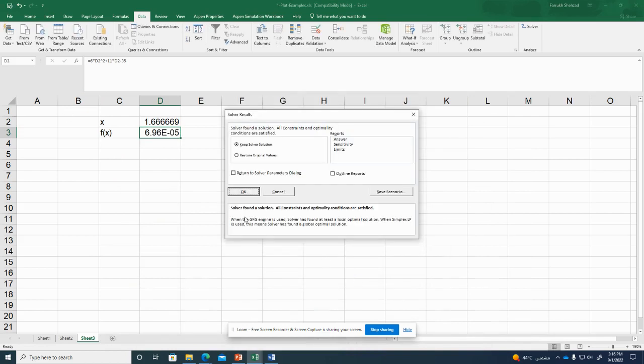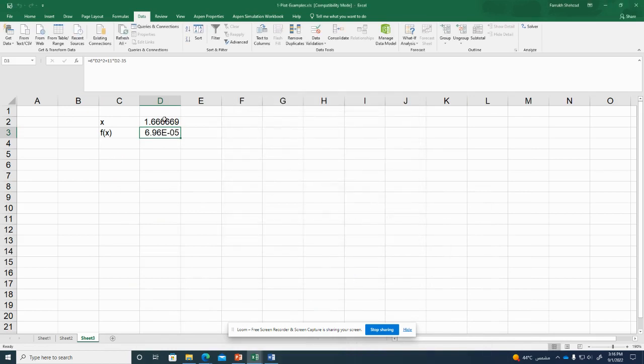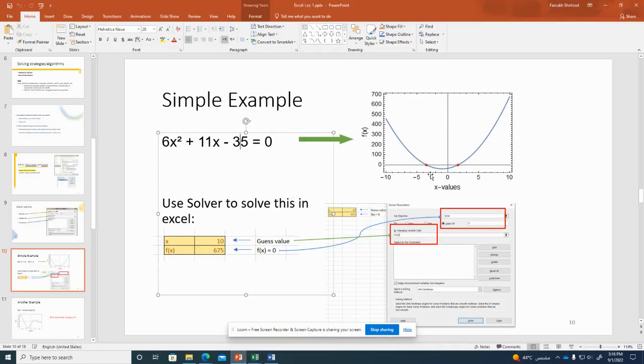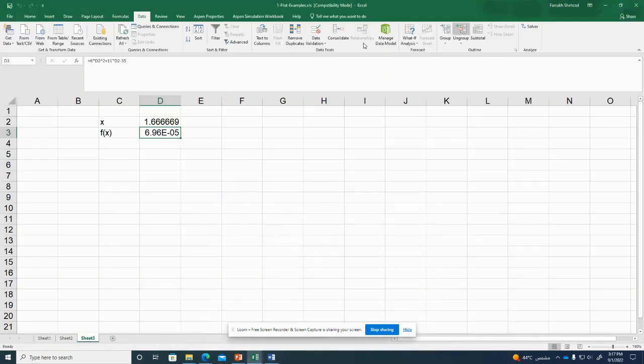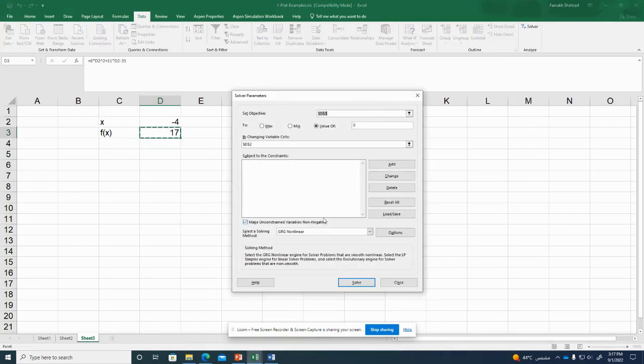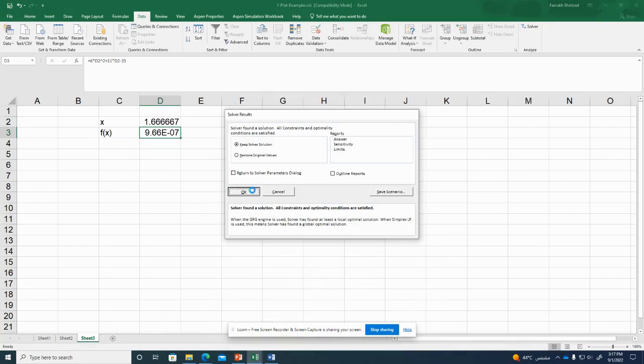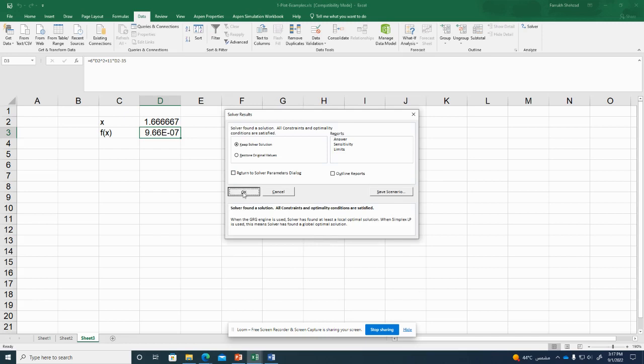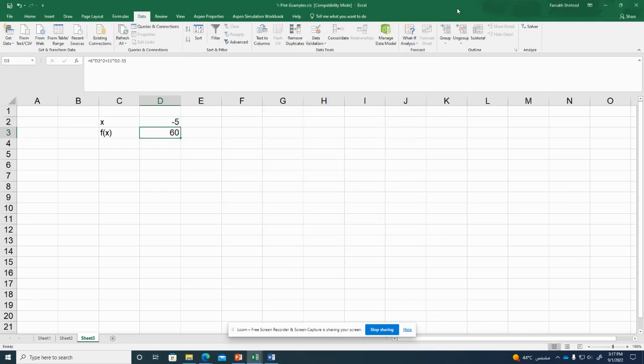I'm still getting the same one because maybe there is a constraint. Otherwise it should give me the second solution also, which is I think minus 3 or minus 4. It should give me the second solution also. Let me try it. Minus 4. Solve. Okay, I know why it's not giving me the second solution. It's because if you go to the options, it says make unconstrained variables non-negative. If I uncheck this, now if I make it minus 5 and solve,